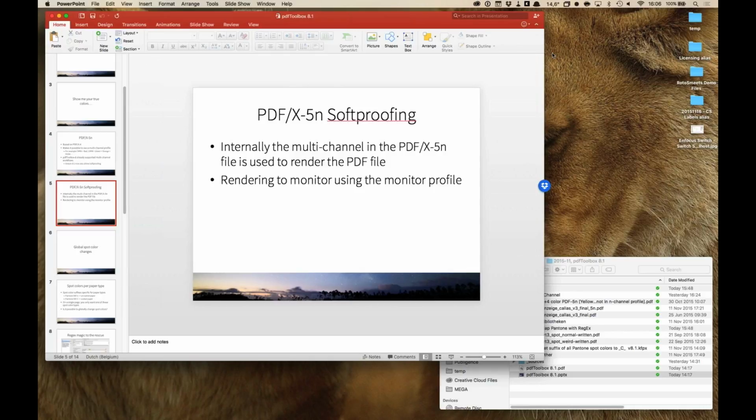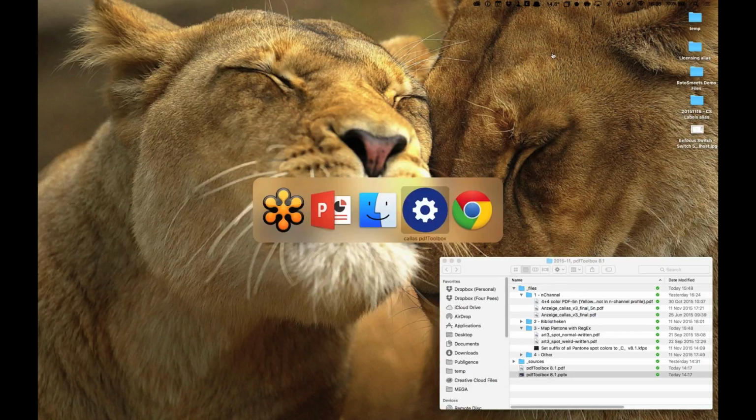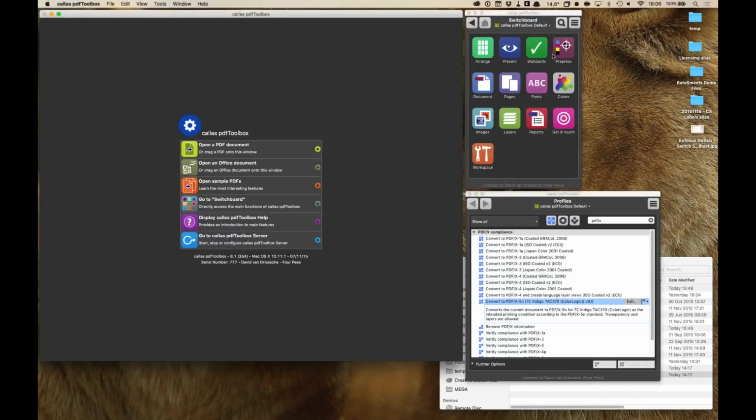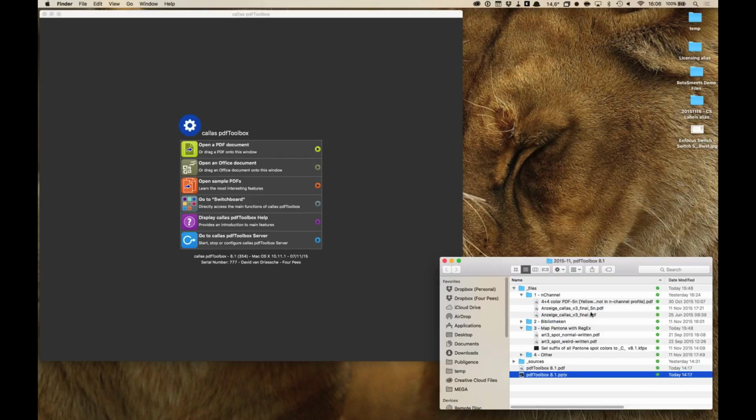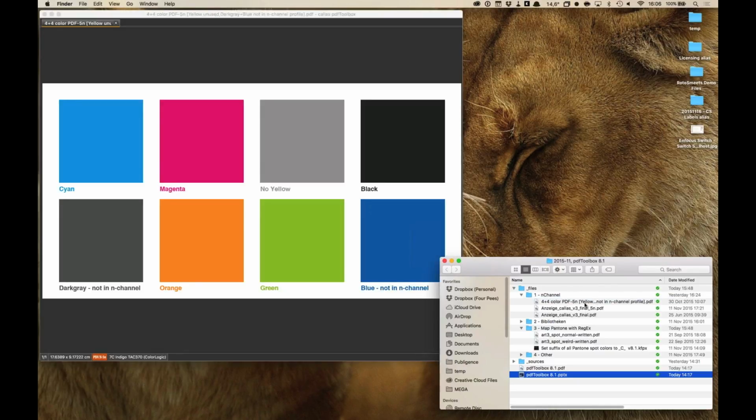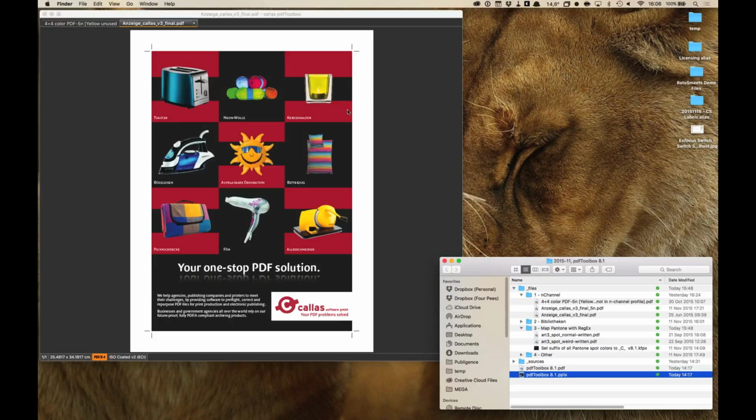This is a little bit hard to demonstrate in a GoToMeeting session, of course, because first of all, my monitor is not calibrated and GoToMeeting is far from calibrated. But let me try to show you some things in here. I'll use this document, and we have a fix-up in pdfToolbox Desktop since version 8 called Convert to pdfX5N,